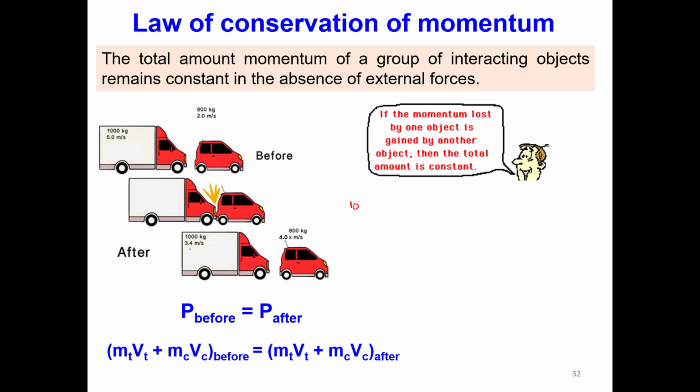It will be 1,000 kilograms, this is the mass of the truck, times the velocity, 5.0 meters per second, plus the momentum of the car, which will be 800 kilograms multiplied by 2.0 meters per second. Then this must be equal to